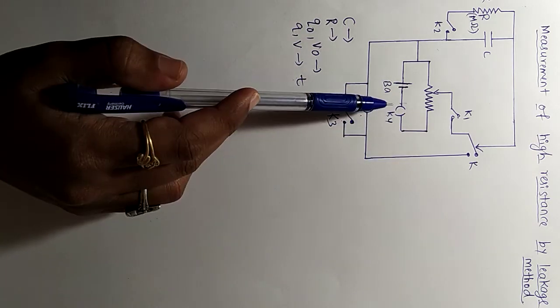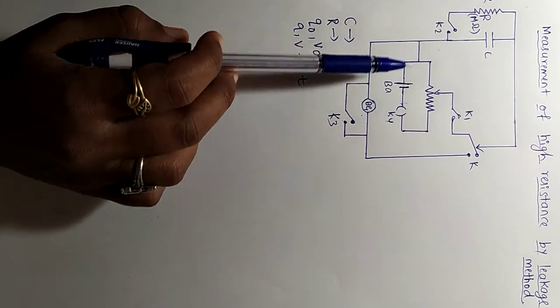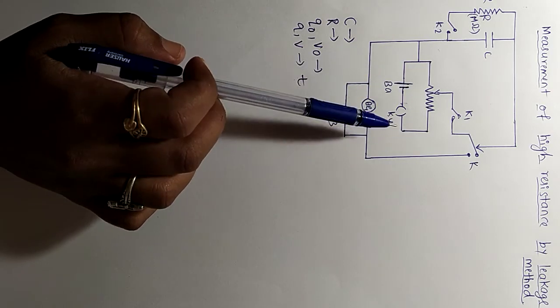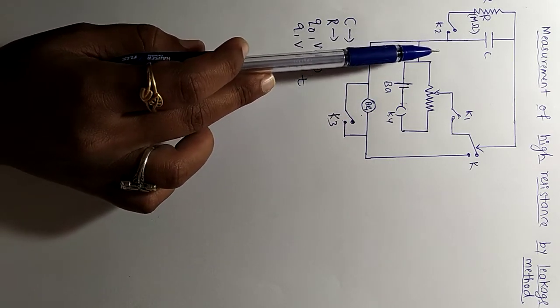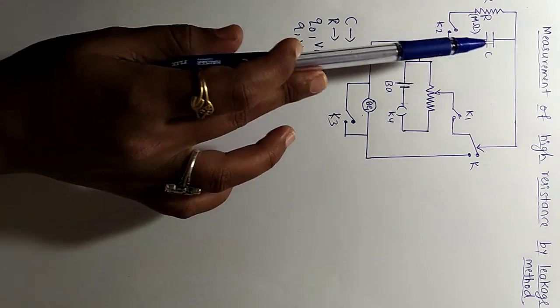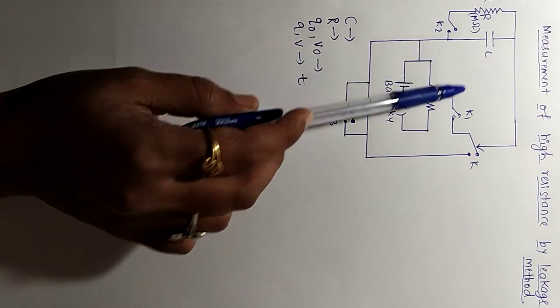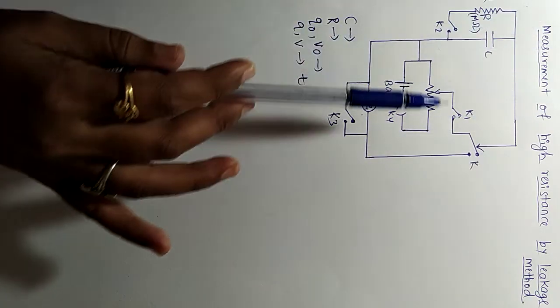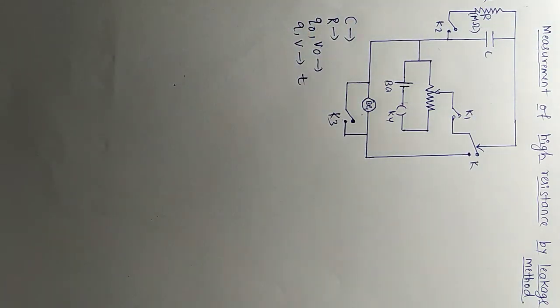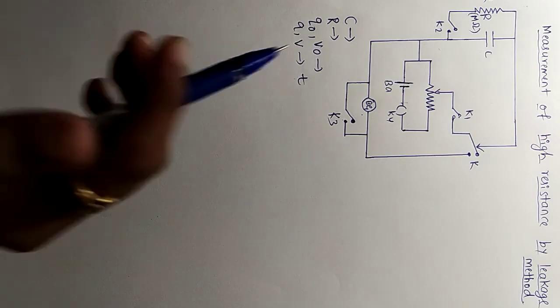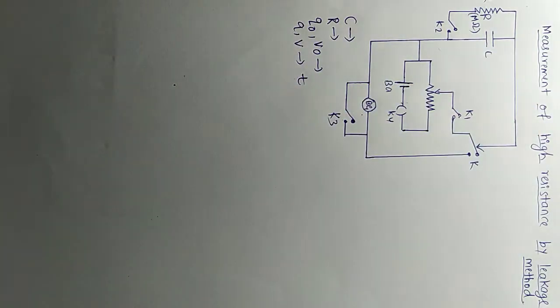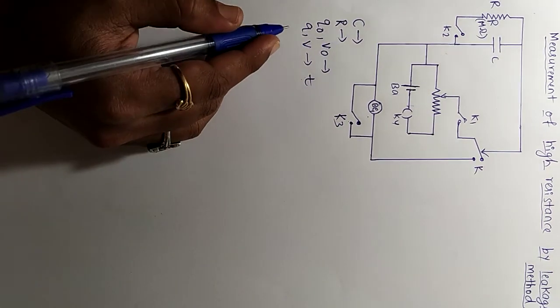Now what I'll do is open the key connected to the battery. If I open this key, then the circuit will be incomplete. When it is incomplete, there is no supply of current to the capacitor as well as the resistor. So in that time what will happen? The capacitor starts to leak those charges wherever they are stored. So now charges are coming out from the capacitor. In this case, we will go on deriving the equation.